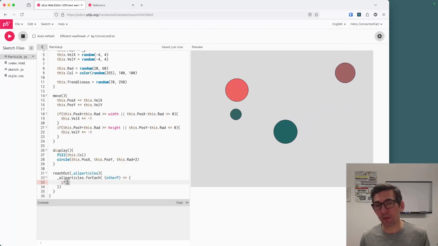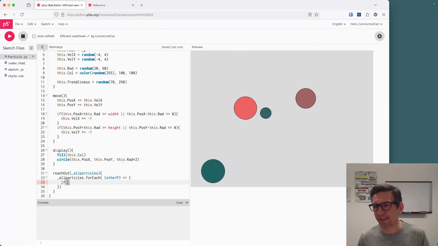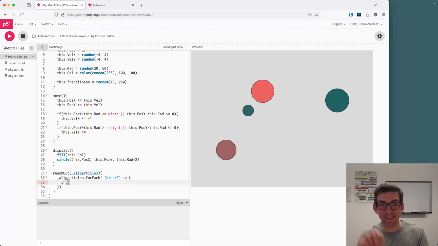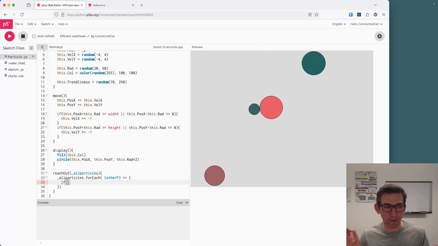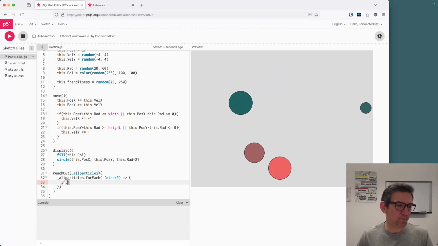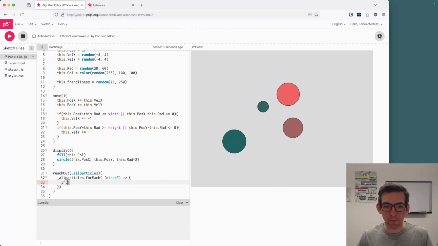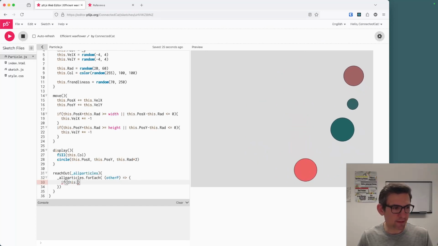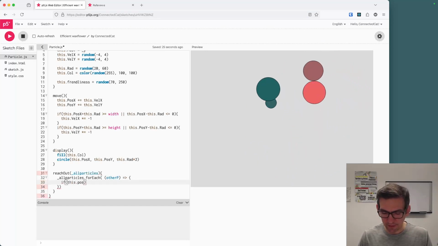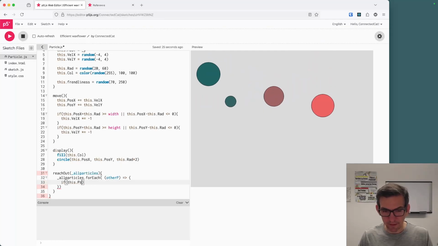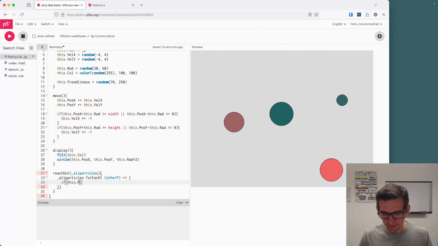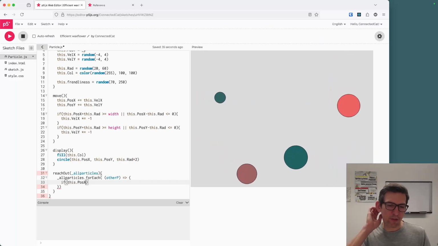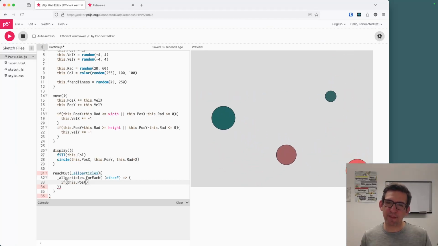One way to check for it, and see if you can figure out how to write this out, is if the position of this particle and the position of this other particle is exactly the same position, then don't do anything, right? But if this dot position x, right? So if this dot position x